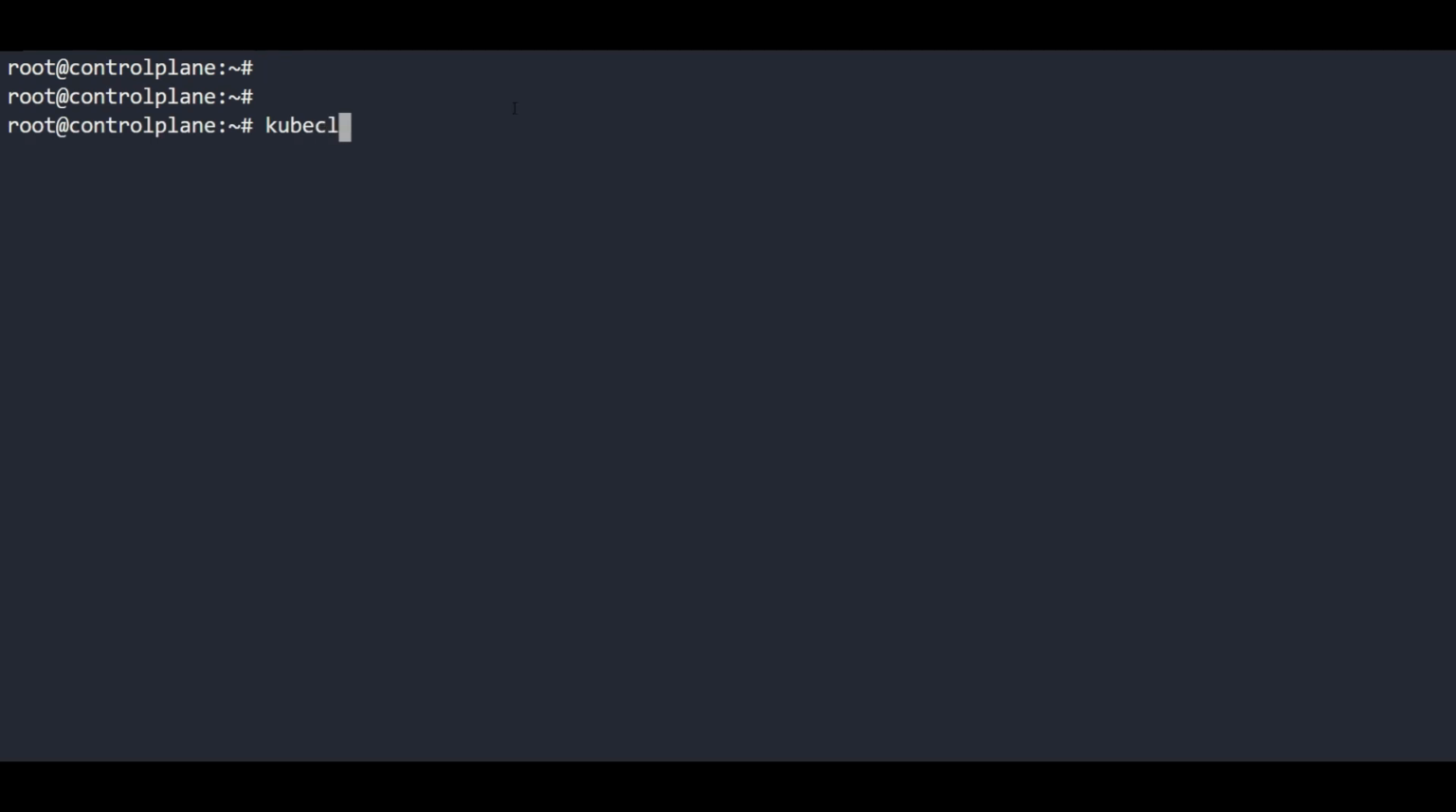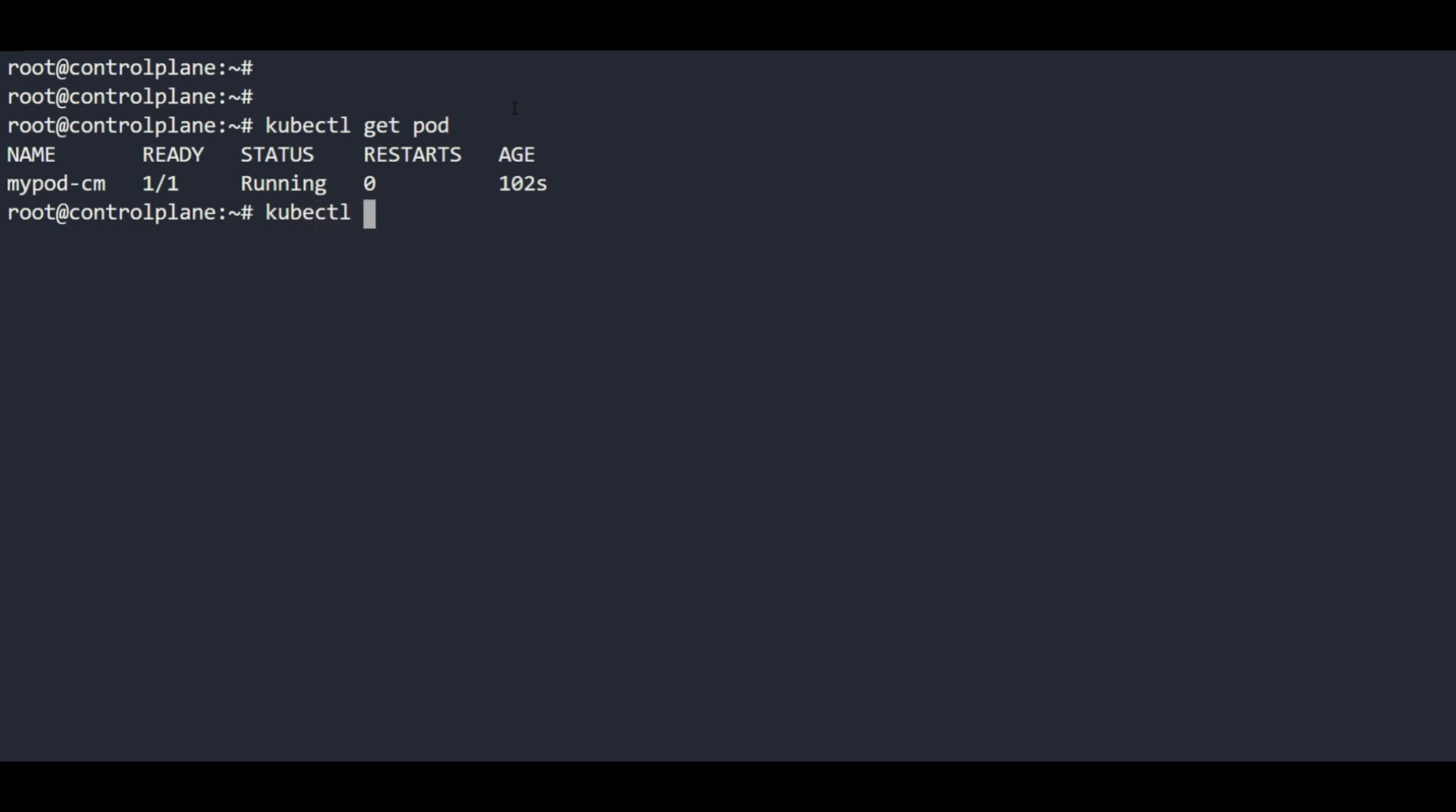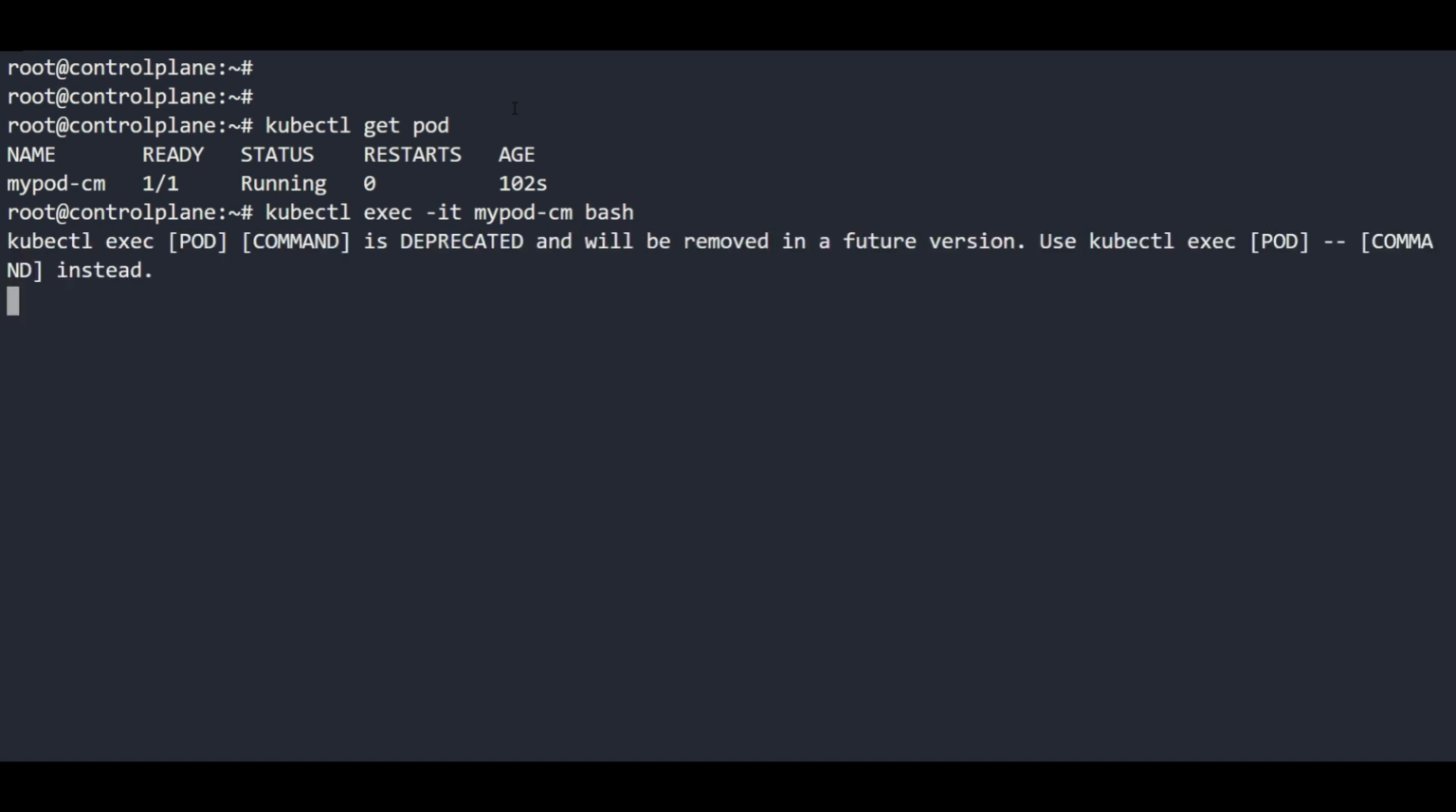kubectl get pod. Okay, kubectl exec -it, the name of the pod is my pod, and bash. So I'm currently inside that particular container, and now I'm going to